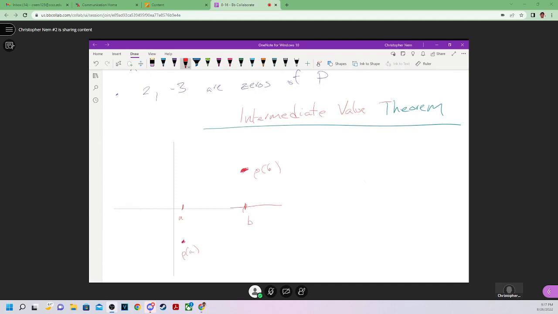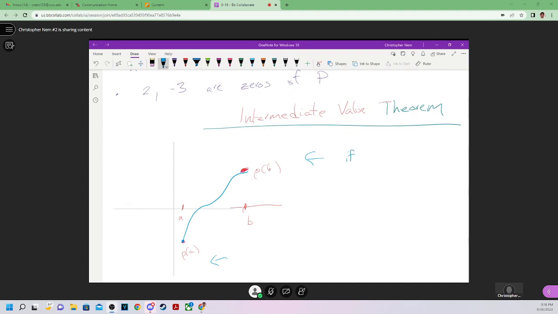I don't know how this function behaves. It can behave like this. Boom. It can behave like that. It can also behave like this, a straight line. It can behave like this. It can behave all sorts of ways. But the key thing in the intermediate value theorem is that if I have one that has a negative output, this is a negative output because the y value is negative, and a positive output, or vice versa, the idea is that somewhere,